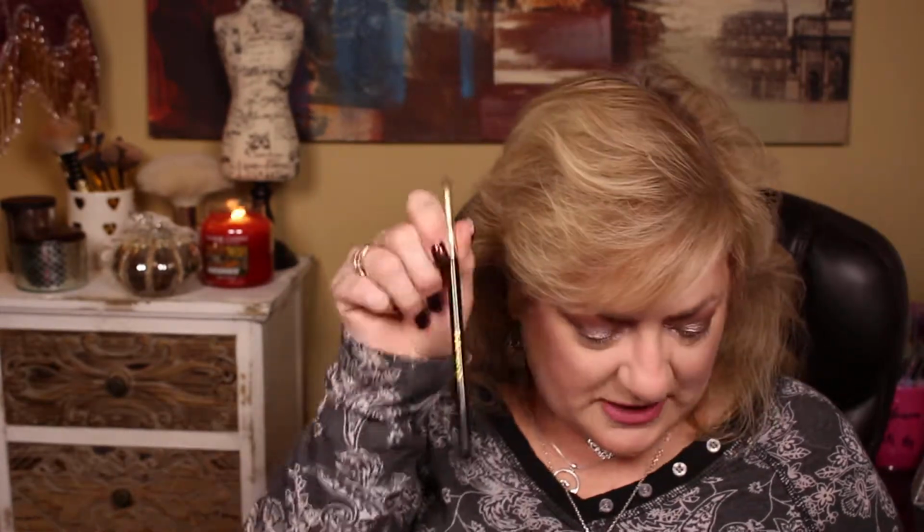There. Now I'm going to use my dark pencil brush, and I'm going to go ahead and use that hot chocolate. Because you have to have something warm. And I'm going to come right under the lash line with that, and kind of a messy job. I want it to go down a little. See how it just drooped down? I want it to do that. Because I'll blend it out and then it'll almost not be anything. And then I'll go on top of it right on the lash line with a darker color. That also might be a very good